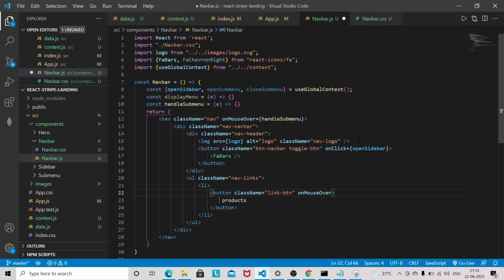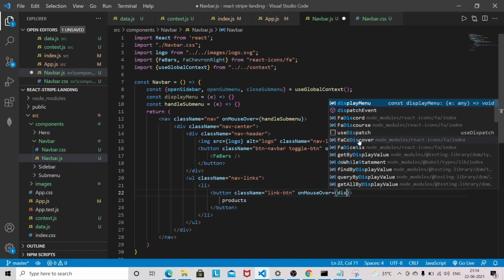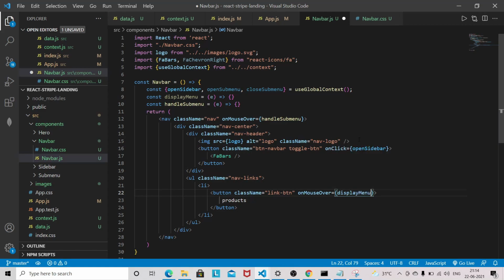So on mouse over I am going to write display menu. Okay, so let's make it submenu because we are displaying the submenu here. So display submenu.